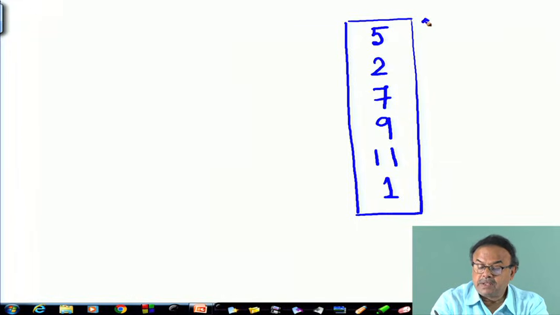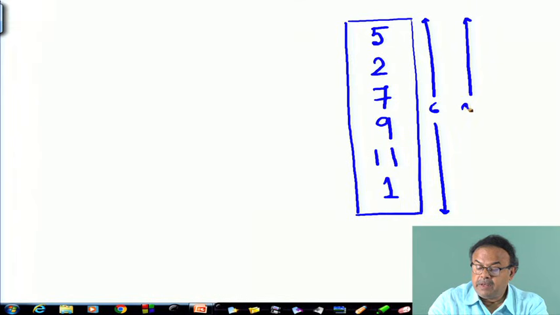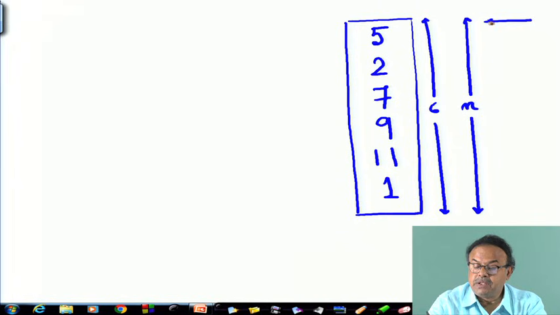In this case it is 6, but in general there are n elements. In the best case I can get a match here, and the number of comparisons I require is 1, or in the worst case I have to come up to the end and compare all these n elements.